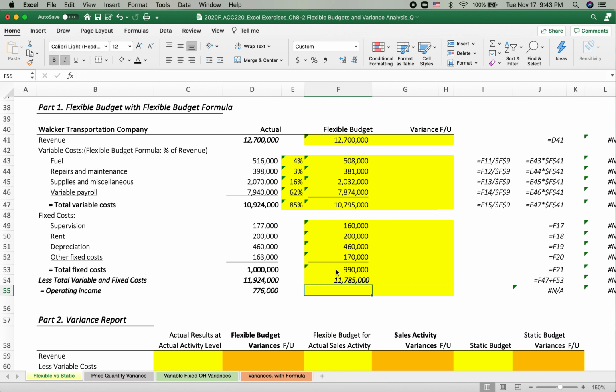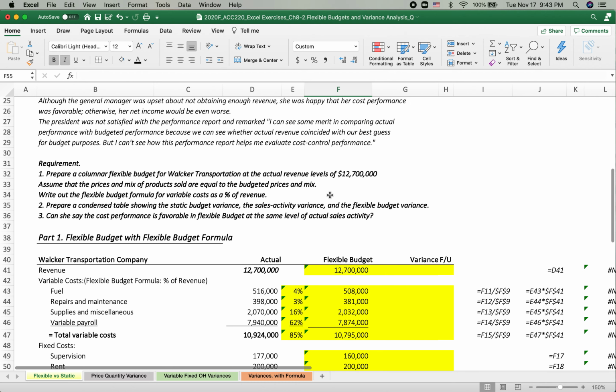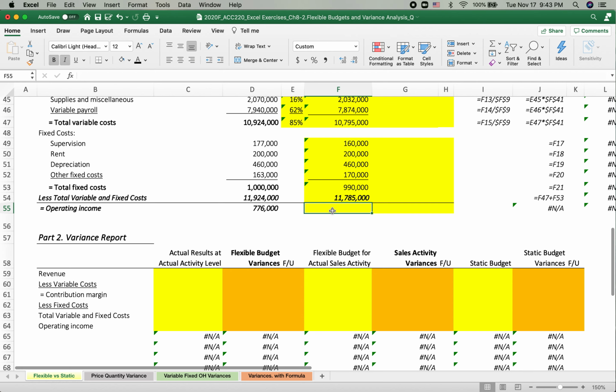So, 11,924,000. 11,785,000, comparing this, the total variable and fixed cost in the static budget. Okay, so